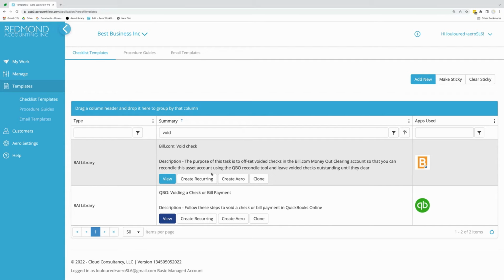Okay, so the next thing we're going to do is just discuss the general idea that you can create checklists and procedures from scratch in Aero in your firm, or you can copy them from the Aero library. And I'm going to show you again what that looks like. But creating templates for just one particular client, if you want to do that, then what you would do is